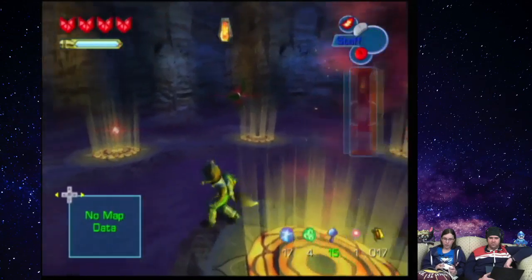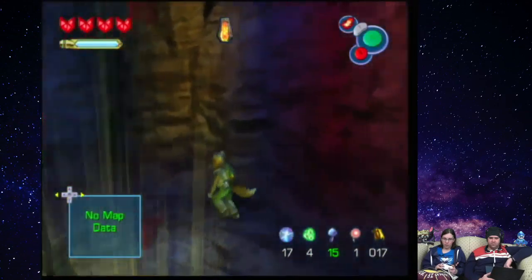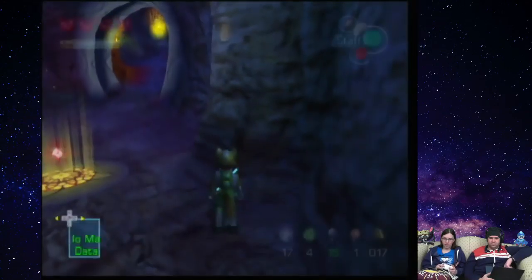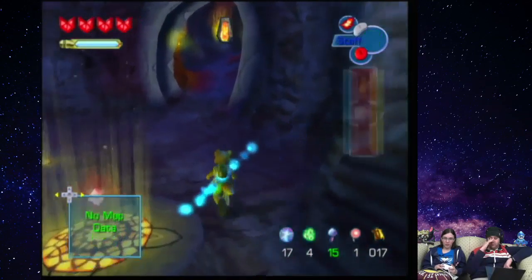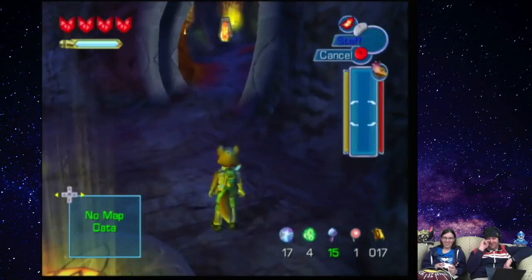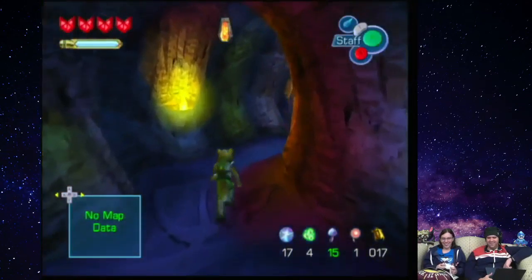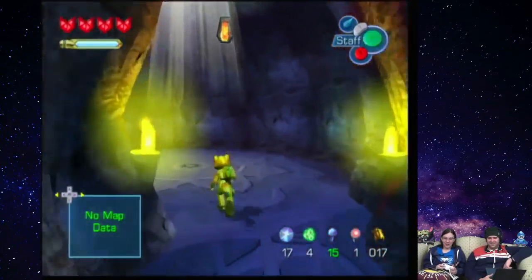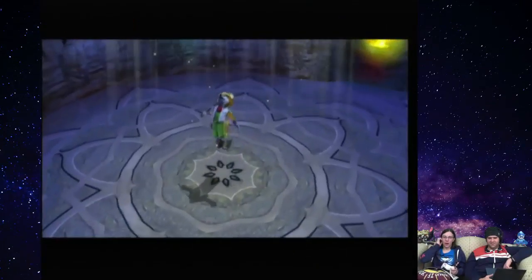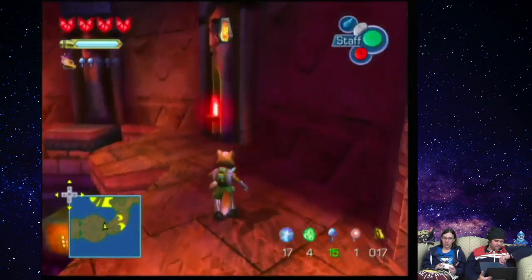What does X even do? Oh, X is roll. I'm kind of surprised there isn't more of like, Z is that, R is this. What does that do? I don't know, man. Okay, great. Glad they dedicated a whole button just for that. It does this. That's probably functionally wise the one thing that really holds this game back, the lack of another